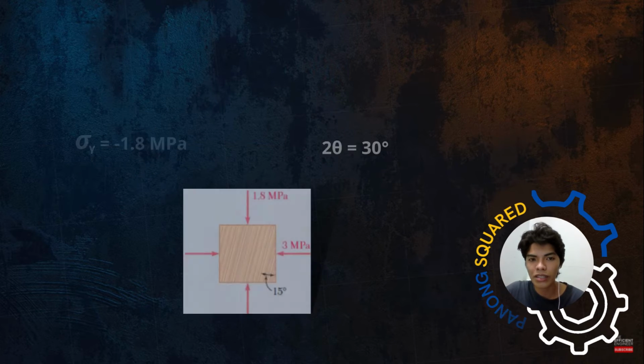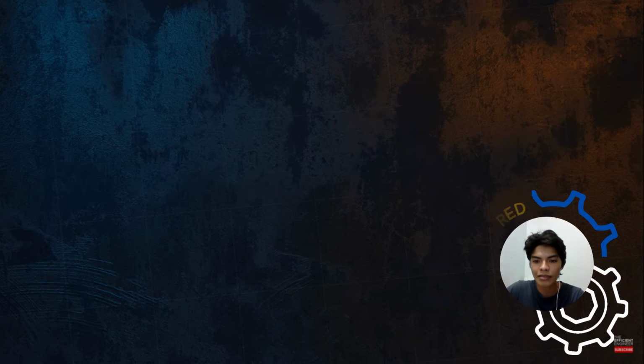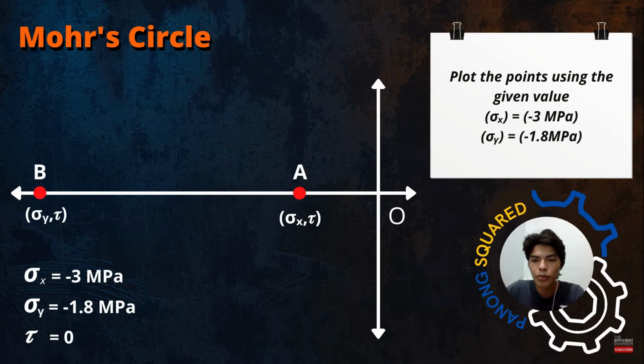and the shearing stress is equal to 0. The very first step in making a Mohr's circle is to consider a suitable point O, and through it, we can draw a horizontal line. Next, we're going to plot the points using the given values. Since our shearing stress is equal to 0, we're going to plot the normal stresses horizontally. For our normal stress in x, which is equal to negative 3 megapascals, we can denote it as point A. And for our normal stress in y, which is equal to negative 1.8 megapascals, we can denote it as point